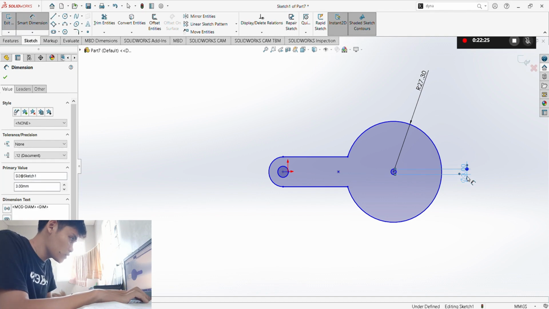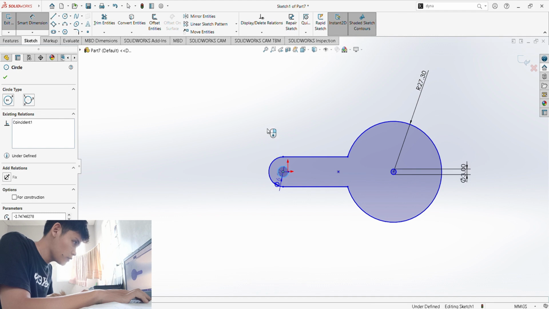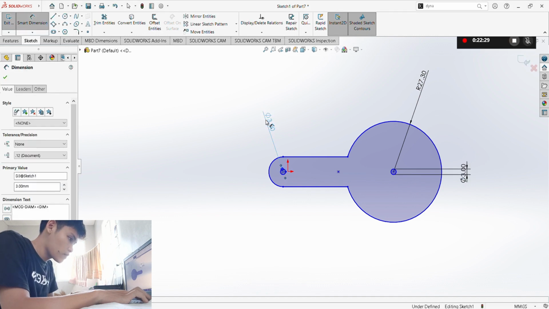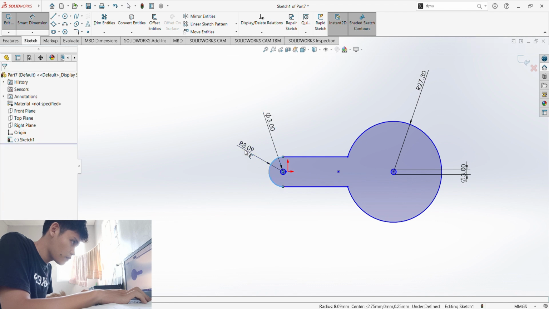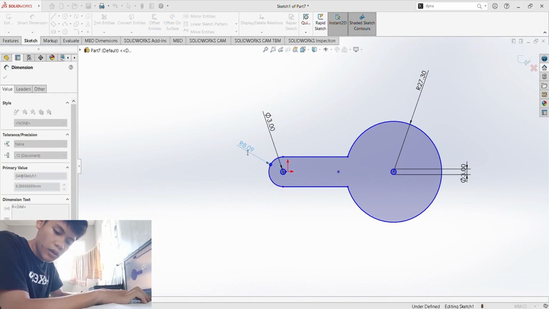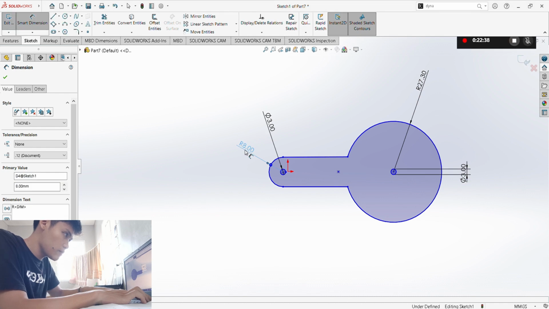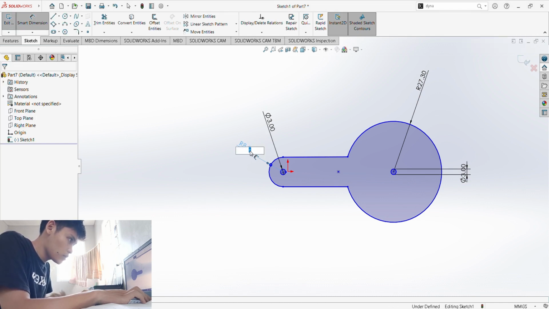So this one is 3 in diameter, 8.7, 8 in diameter.